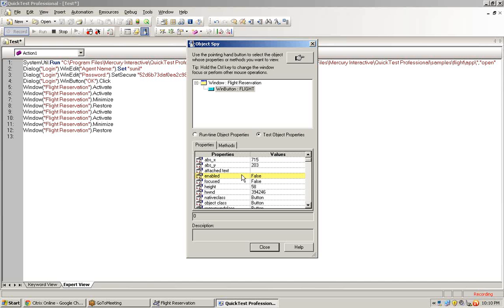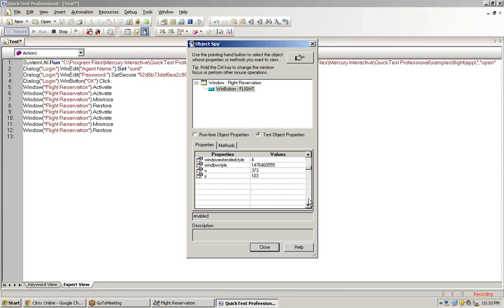So I can change it like that. By changing the properties, we can use this object. This is the second use case. You can use it in whatever creative way you want.